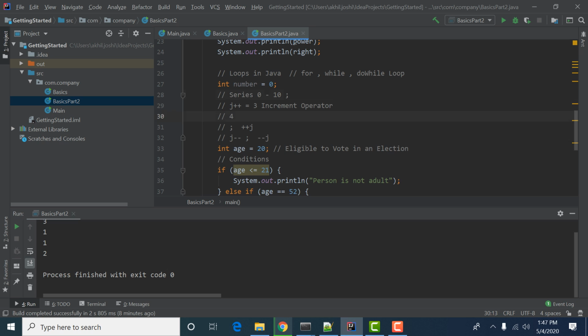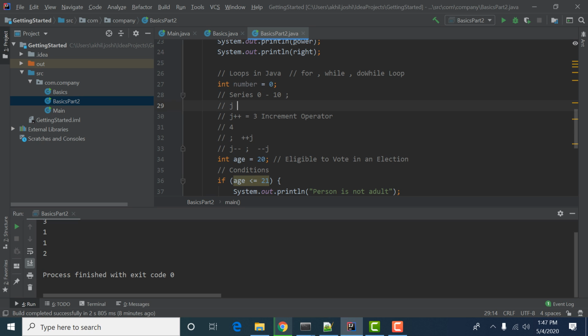For example, first of all we have j is equal to 3. Then we use this situation, and the output we have is 4. After line number 30, we have output of j is equal to 4.